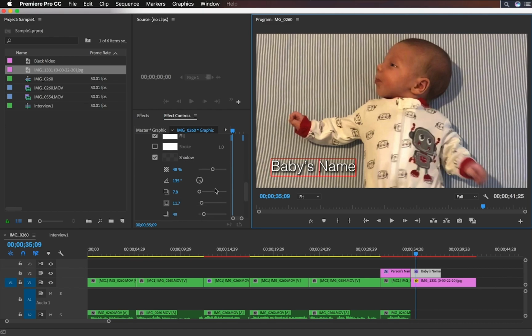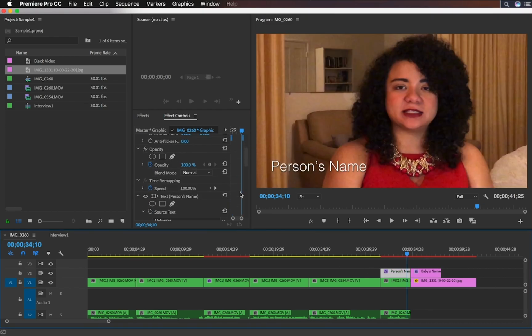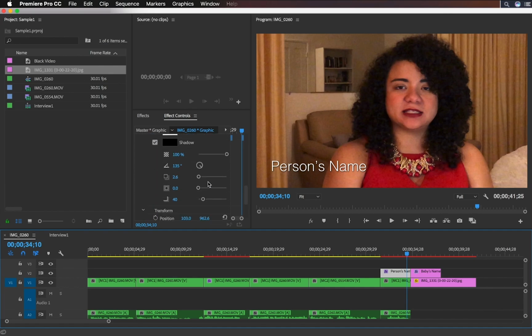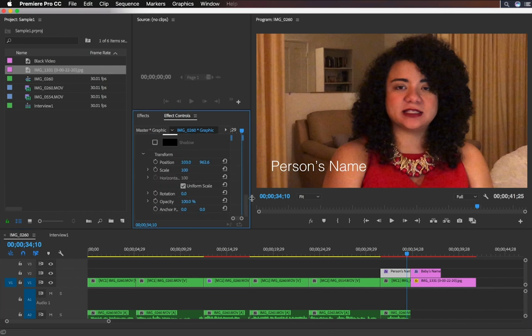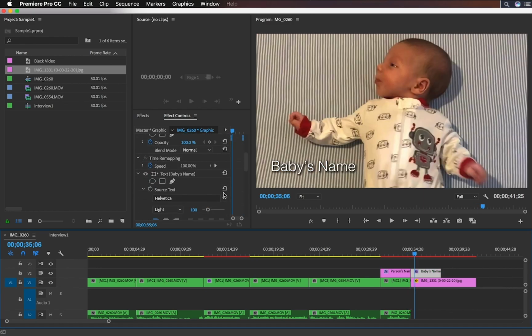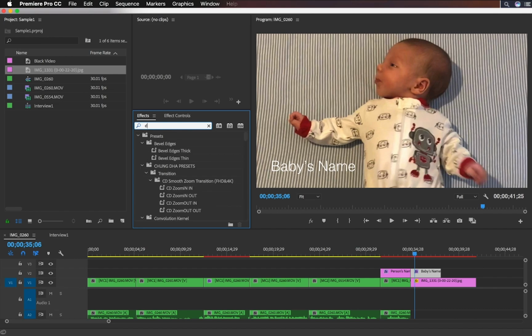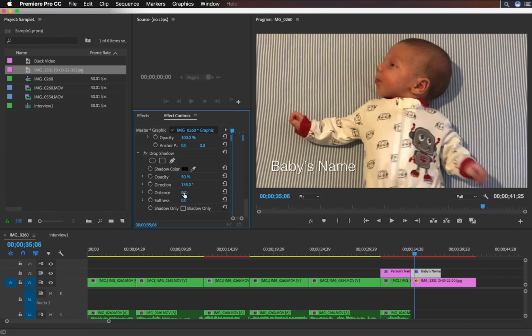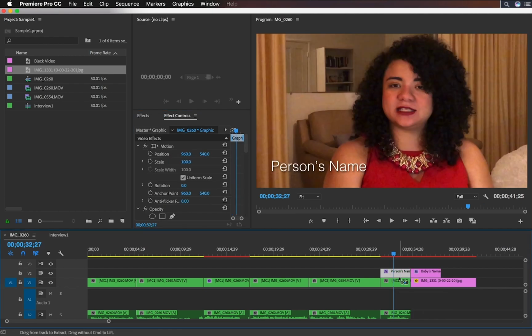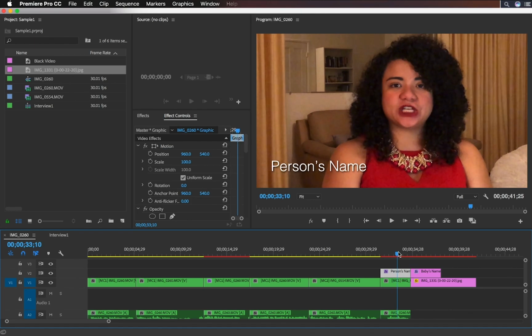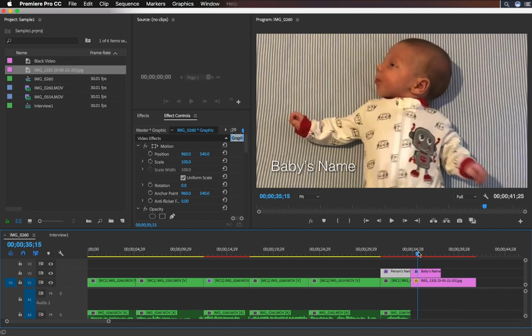I'll look at the settings. Okay, 7.8, 11.7, 49, 7.8, 11, wait, oh, I forgot. That's too much to do. So what I'll do is I'll take the drop shadow off of the text appearance, but I'll add an effect, drop shadow, here. I'll modify this to be exactly how I want it, and this effect I can copy with Command C and paste to match it exactly. That way, the drop shadows can be consistent throughout, and it's easy to copy and paste onto all of your